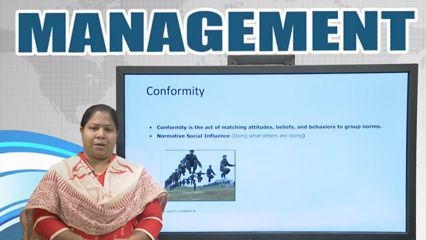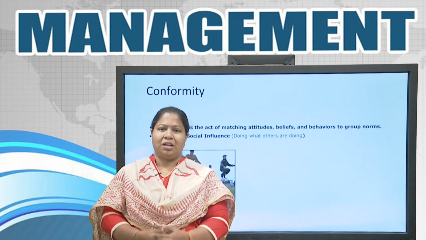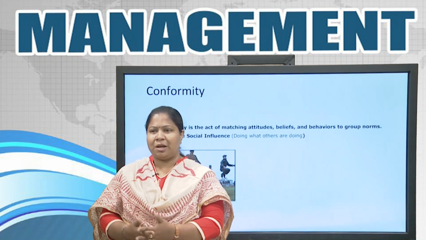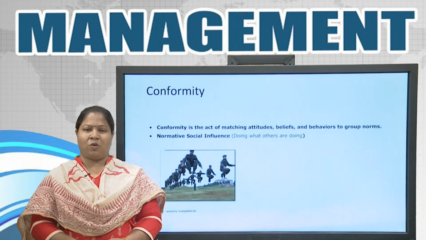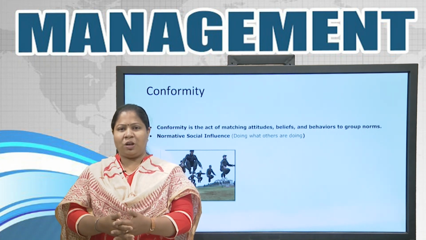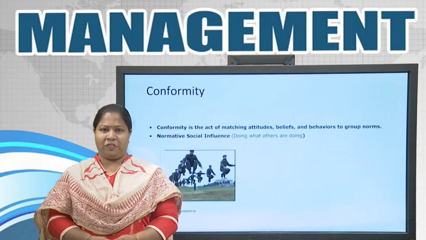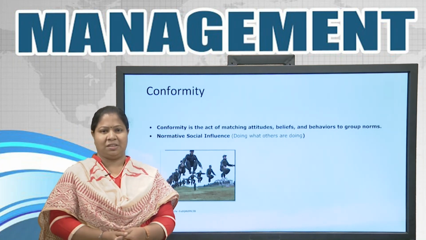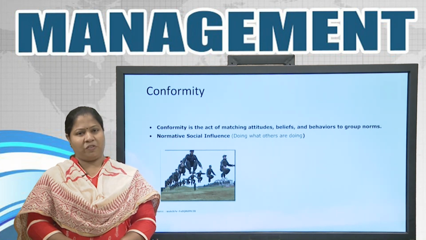Let's take an example of college. When you are in a group and everyone wants to go on strike because they don't want any professors to take that lecture. So, the rest of the members want to go on strike.